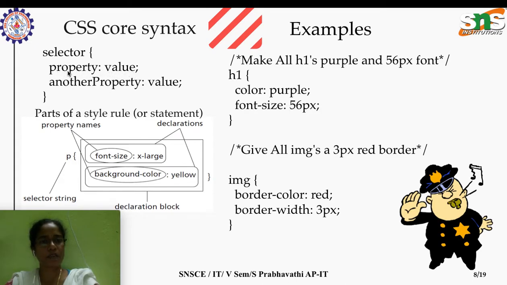Property means what we need to do for the paragraph, whether we need to change the paragraph background color, or the text color of the paragraph, or the font size. So that's the property and its respective value. If it is background color, what's its value: either blue, black, white, or something like that. We could mention n number of property value pairs, and each is separated by a semicolon. Also the property and value are separated by a colon. This is the syntax, and each and every term has its own name.